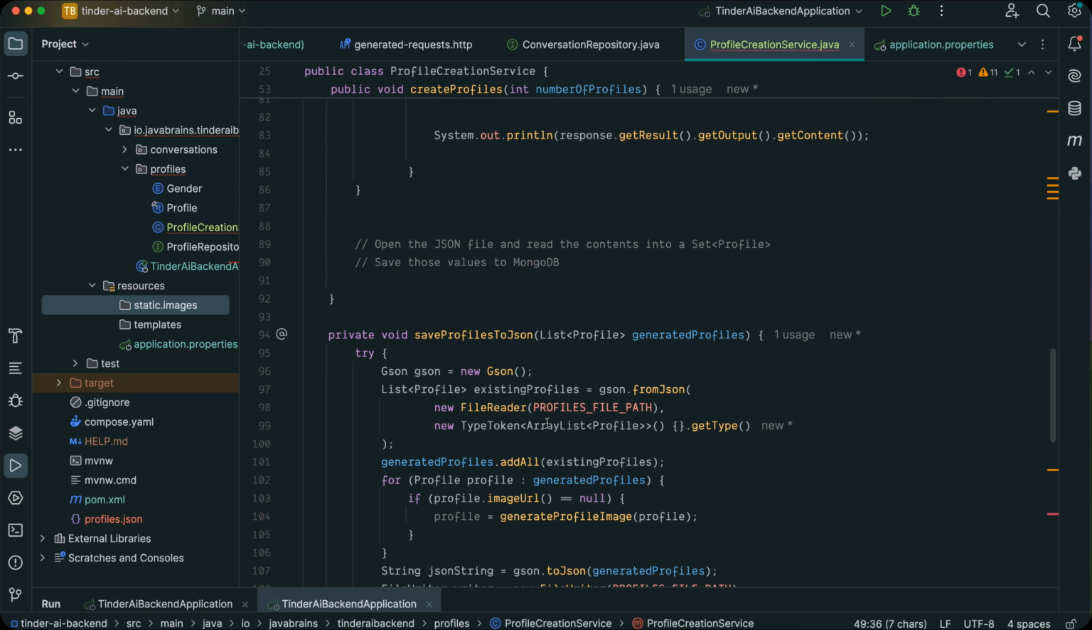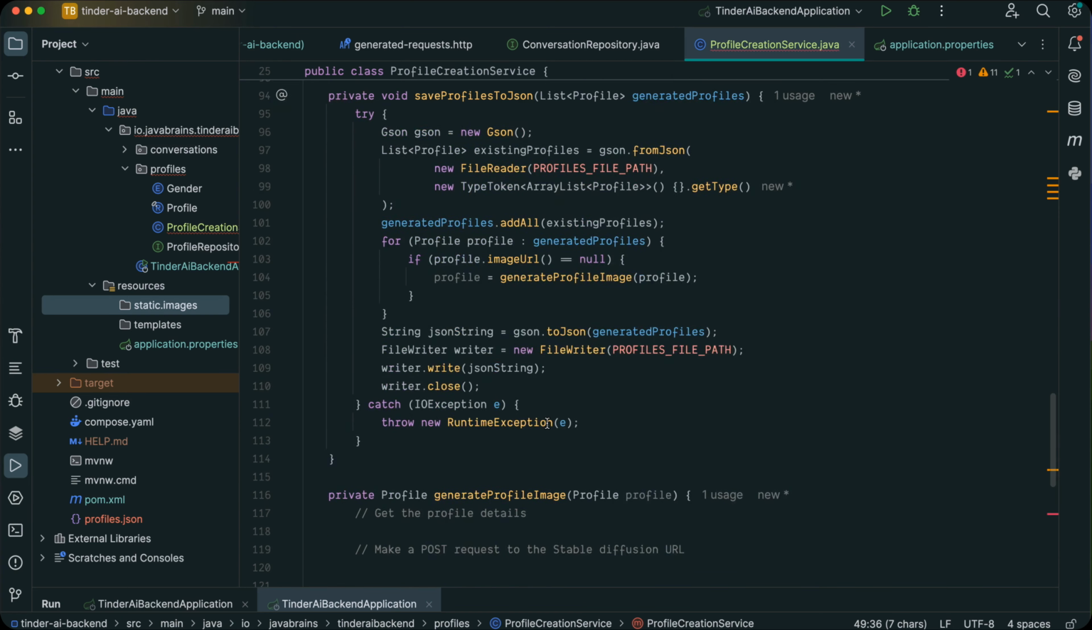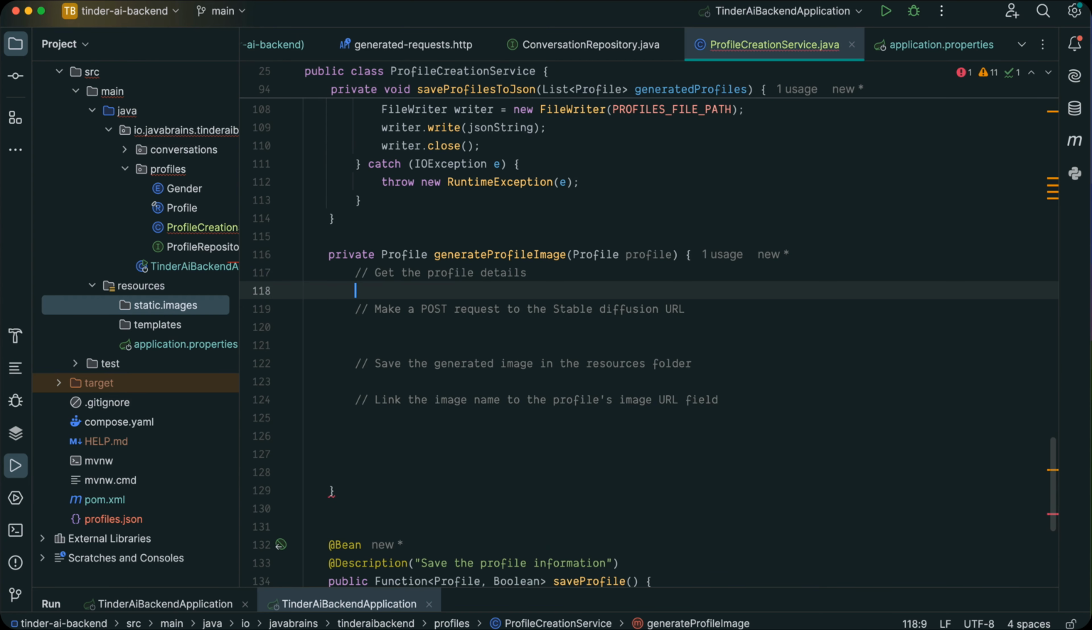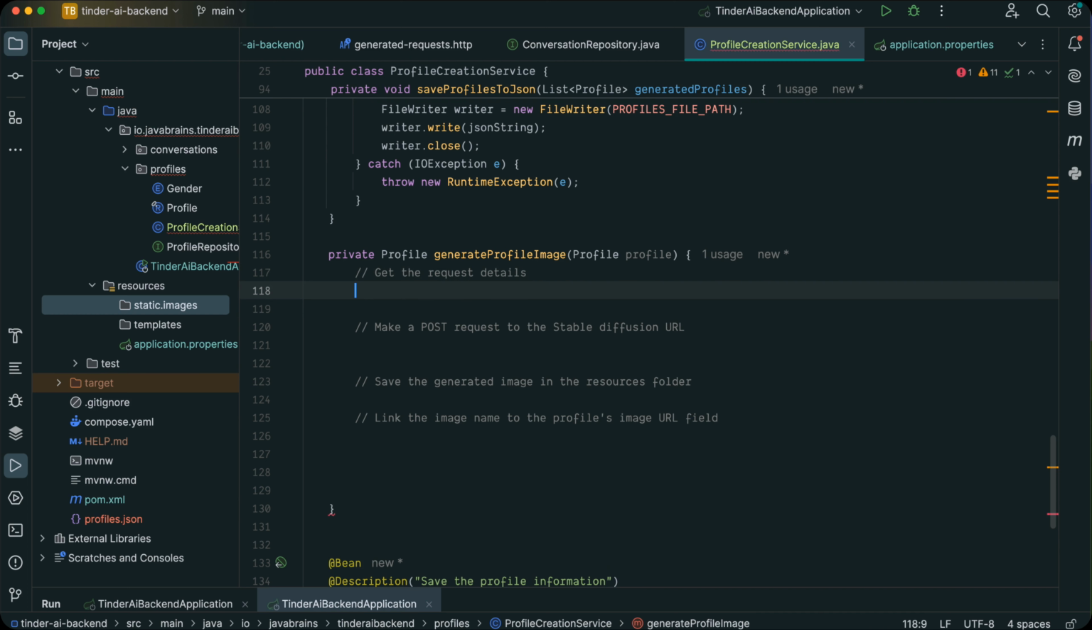All right, so now I can go here, and over here I can get the profile, get the details, right? Get the request. Let me call it the request details. So what do I need to do? First, I need to get the prompt. I need to get the negative prompt, and I need the JSON that's going to go out as a post request, right? So let's say string prompt equals, all right, what did we use? Generate a profile picture of a